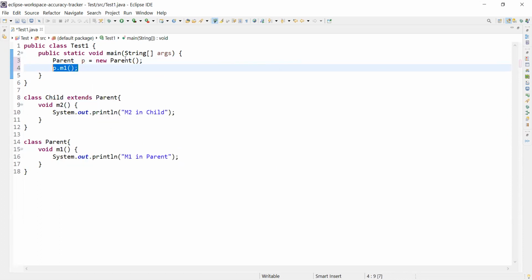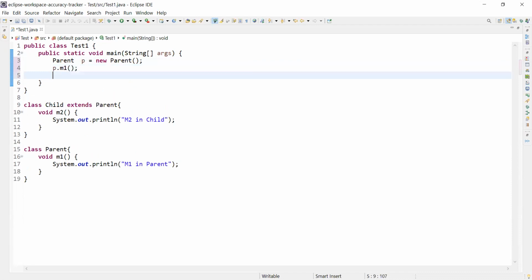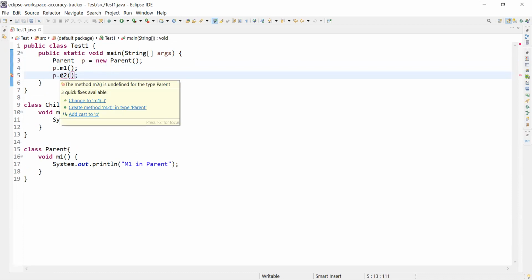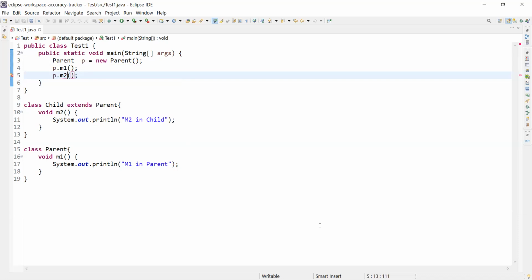If I try to write it like this, we get an error. What is that? The method M2 is undefined for type parent. The parent class does not know any method with the name M2. That's why we are getting this compilation error. So this is case one.